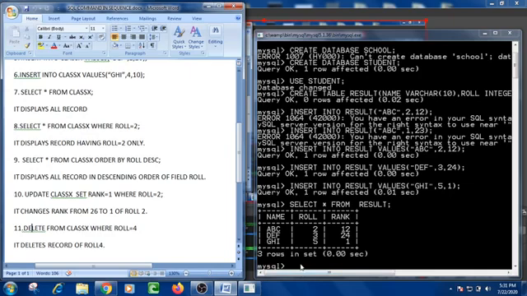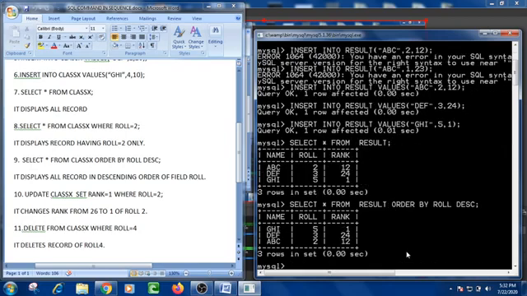Now the next step was, I want to see the records in the descending order of the roll number. Suppose I select, again select star from result. Okay, order by roll and DESC.